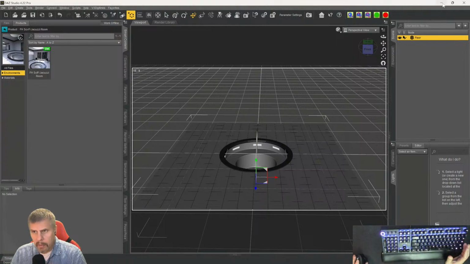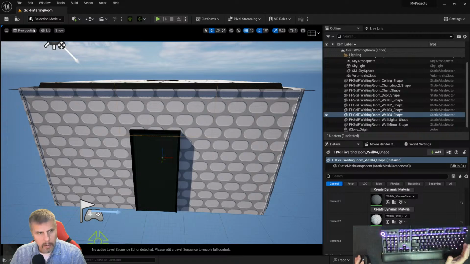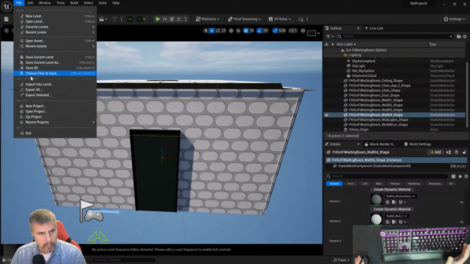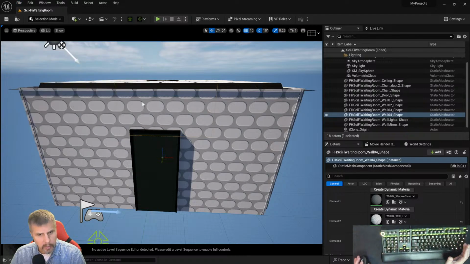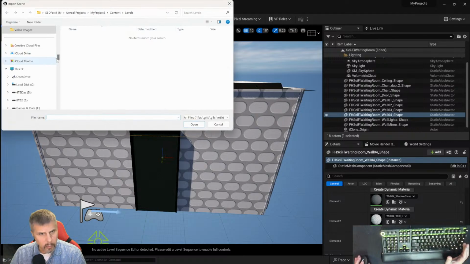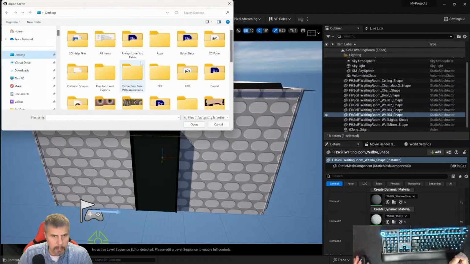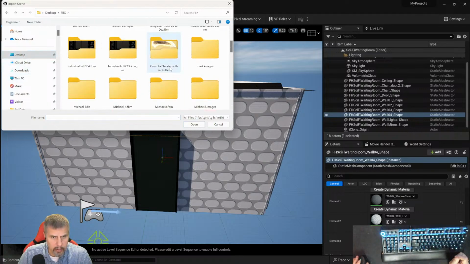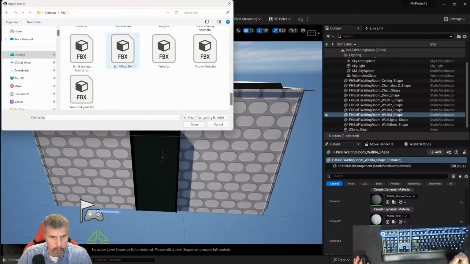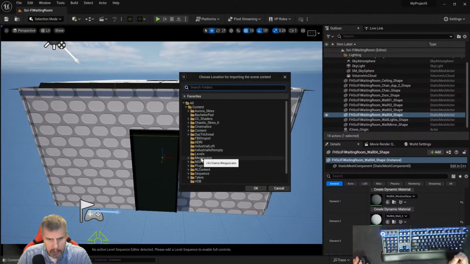All right. Now let's try to import it. Just first, see what comes in. Import. And we're going to go to desktop, FBX. That was Sci-Fi Floor. And we're going to put that into